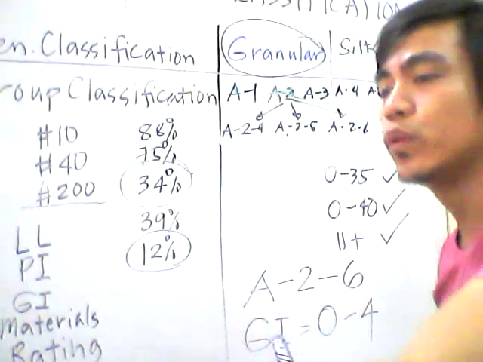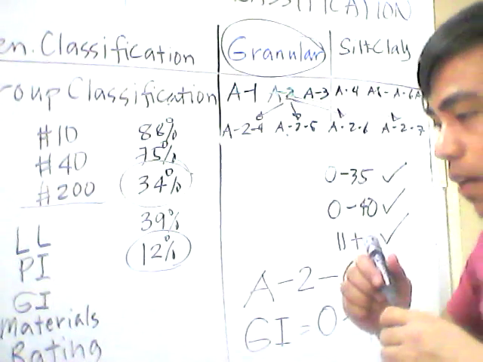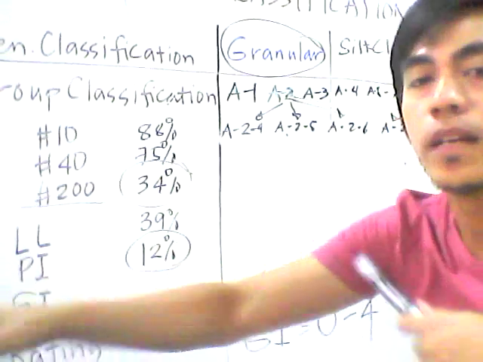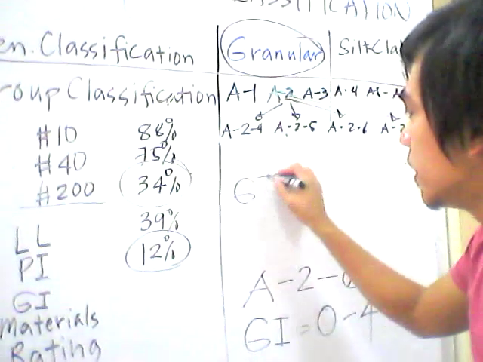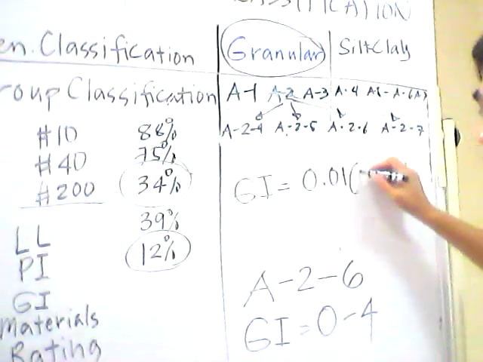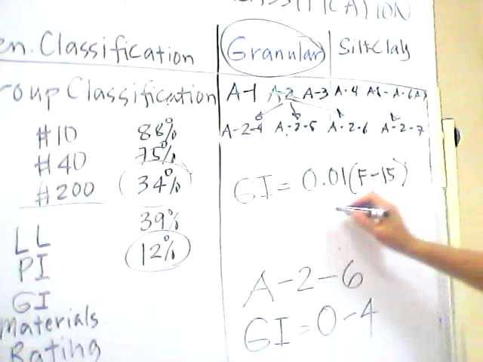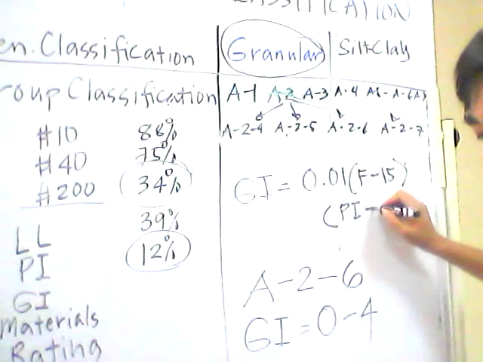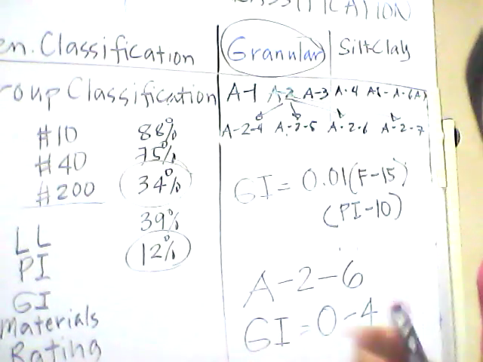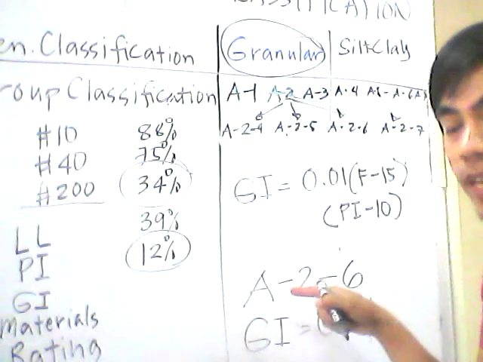So if we are going to use the group index formula, we are going to give you the group index formula for A-2-6. The group index formula is GI equals 0.01 (F minus 15) multiplied by (PI minus 10). Okay. Take note that this is the formula for the group index only for the subgroup of A-2-6